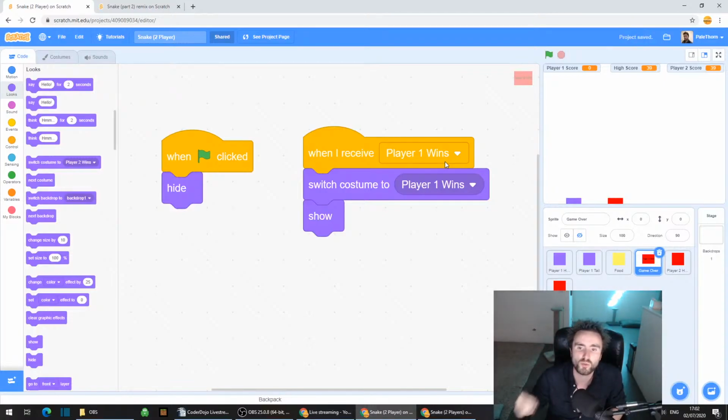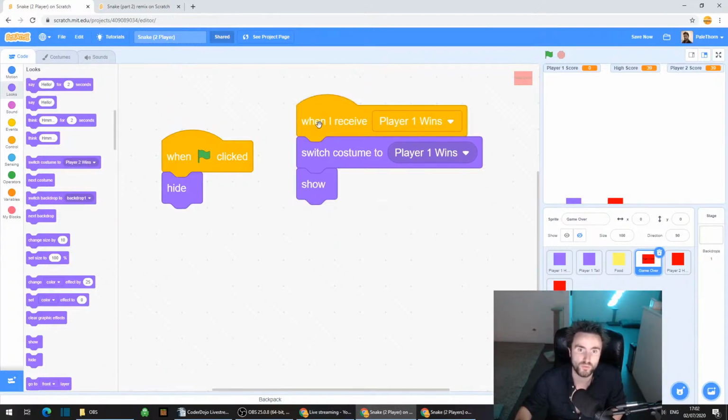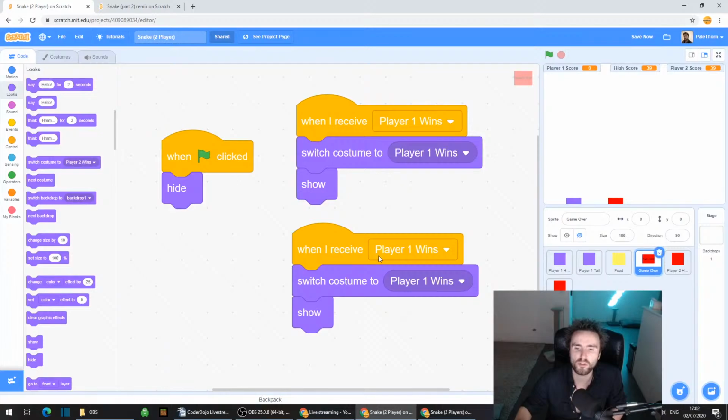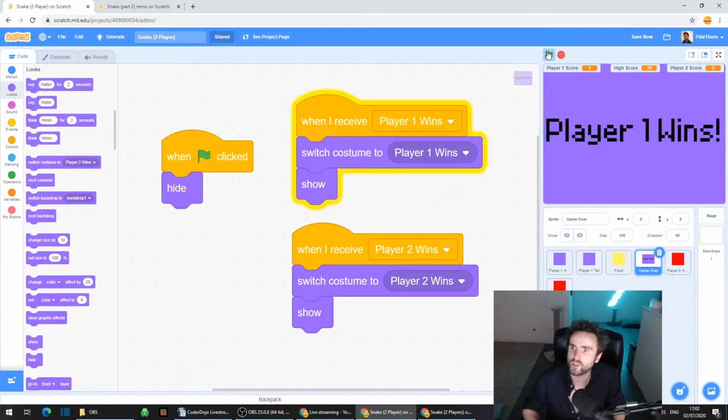We switch costume to player 1 wins, which makes sense, and we show, because it was hidden before. And now right-click on when I receive and duplicate that whole thing and change it all to player 2. Okay. So now we should have,